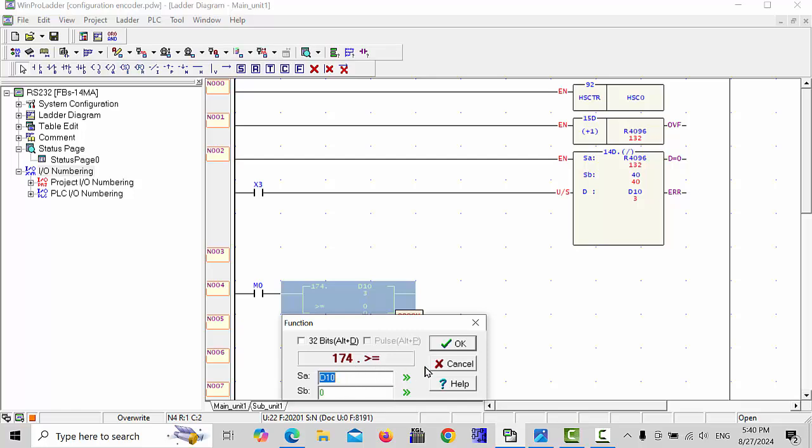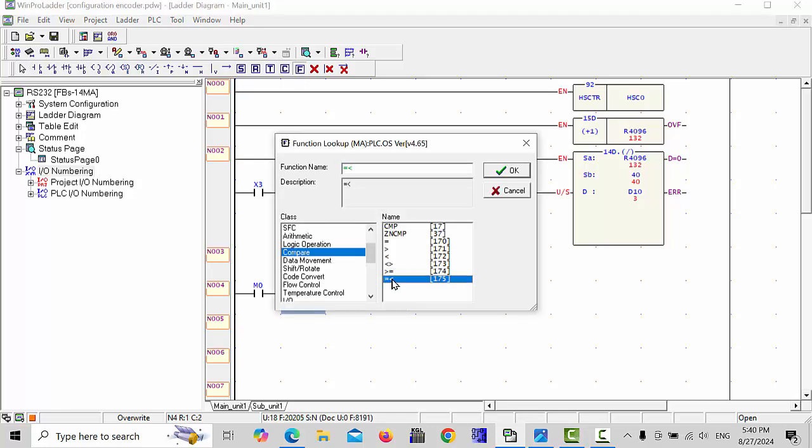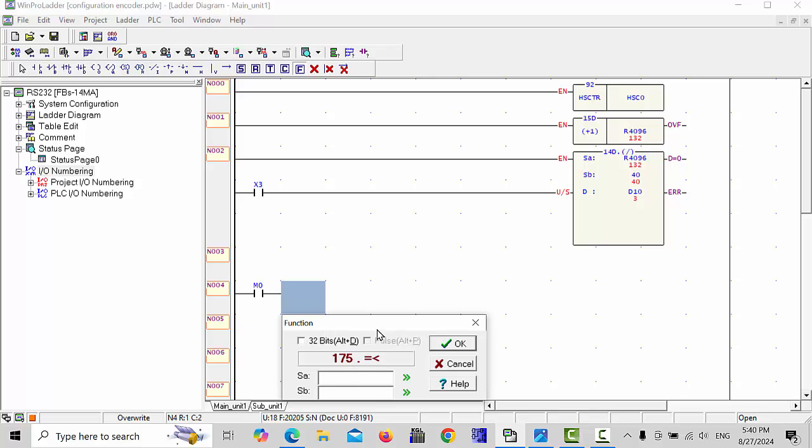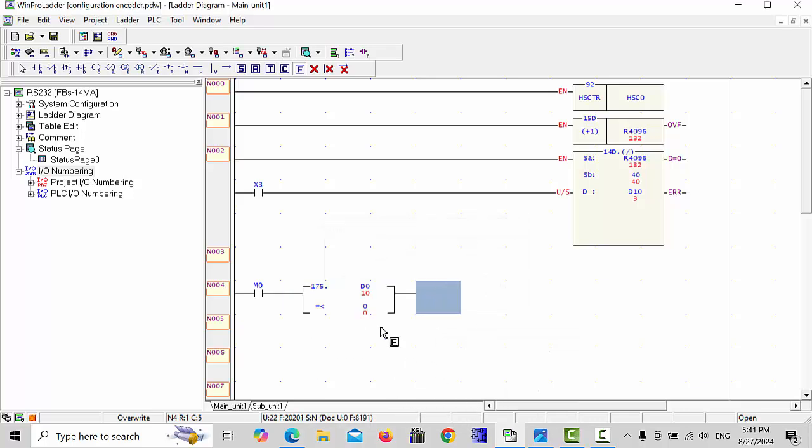First I have to delete this one, and again we will select this one, less than or equal, this command D0. When less than or equal with 0, our M200 needs to be on. This M200 may be your reverse